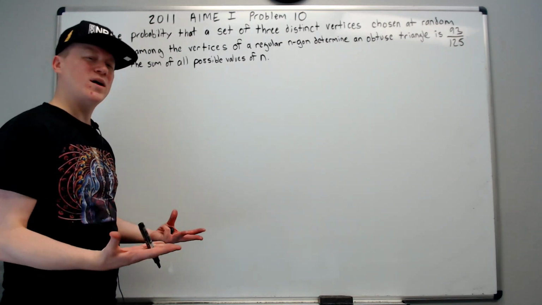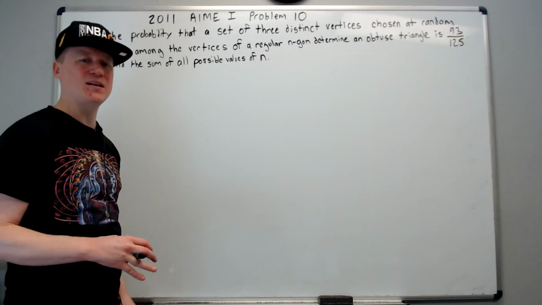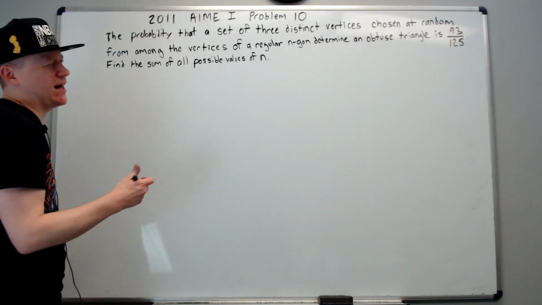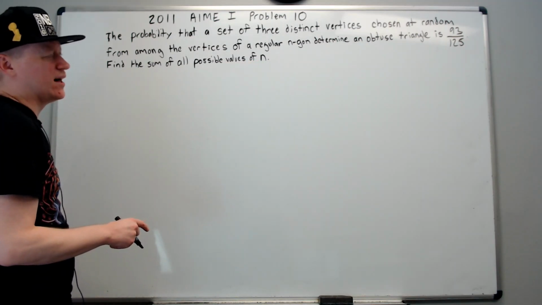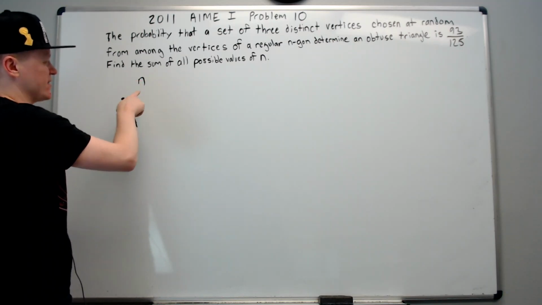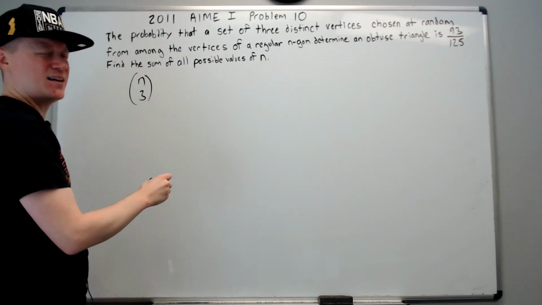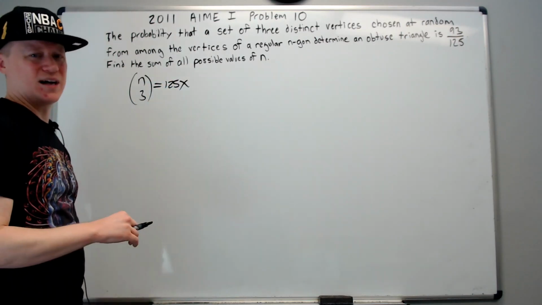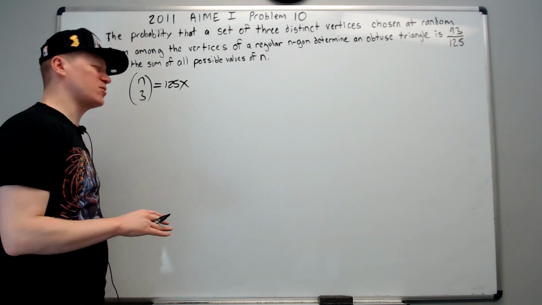Just think, what's the best approach? And if you take a false approach in a problem, especially on the AIME, don't freak out. Abandon that path. For instance, when I first started this problem, I thought maybe we should focus on the denominator of 125. If we do that, you know that the total number of points, n choose 3 of them, because n being the n-gon, needs to equal some multiple of 125. And I played around with this, I tried doing synthetic a little bit. It was a total waste of time.